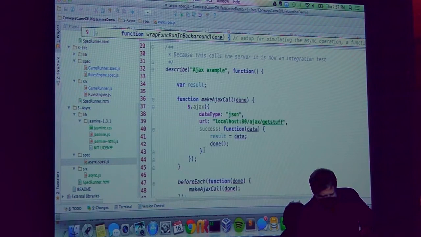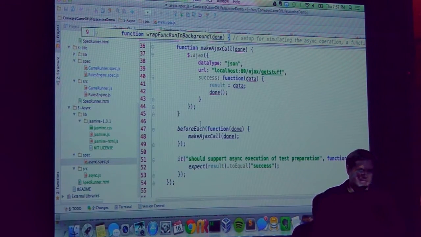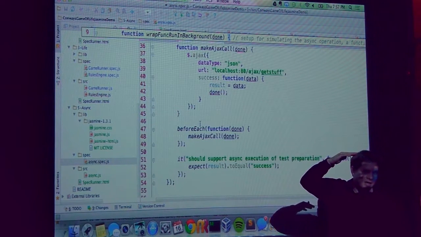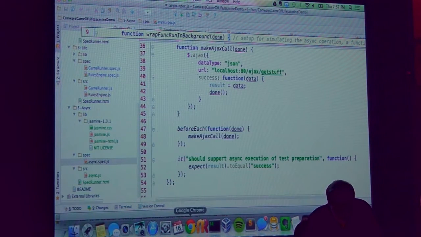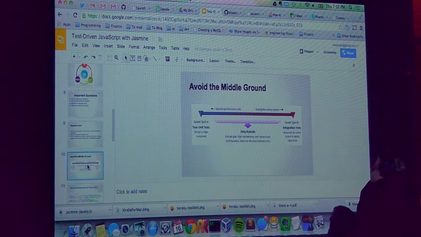Of course, with AJAX, here I'm actually calling AJAX from a real live server. Now I'm doing something completely different, am I? That's not a unit test, is it? That's an integration test. An integration test is a test that starts at the top of your stack, goes to the database and back, right? Some people mock out the database part, but it's basically testing your whole stack. And that's also very good practice, but the key thing you need to know about that is don't